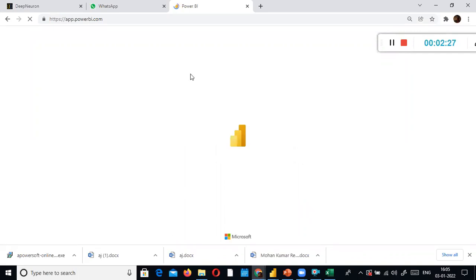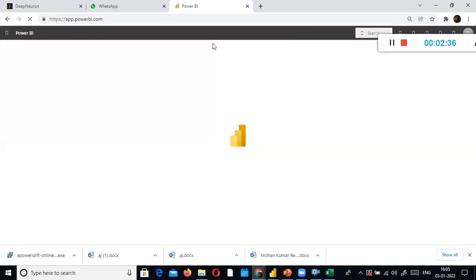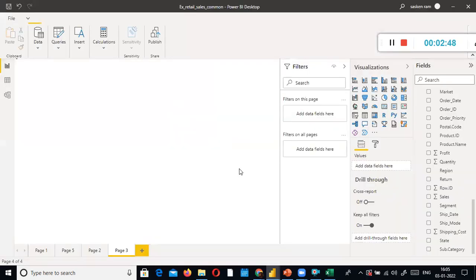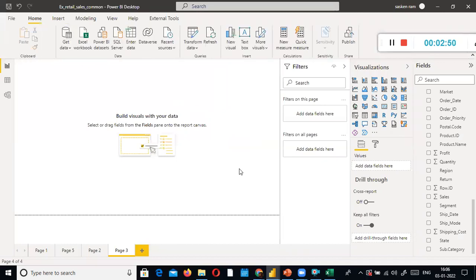So once you publish your report here, the user should be able to view the report across the globe because this is the cloud. Whatever report I develop is available on my local system, my laptop. But how can I enable users located across the globe to view my reports? I cannot allow each and every user to access my laptop remotely. We can access one laptop from another laptop remotely.